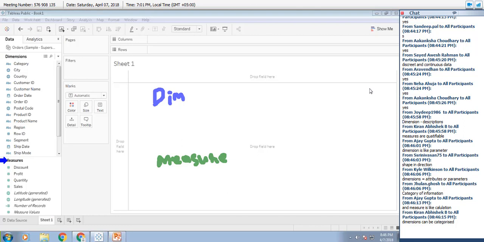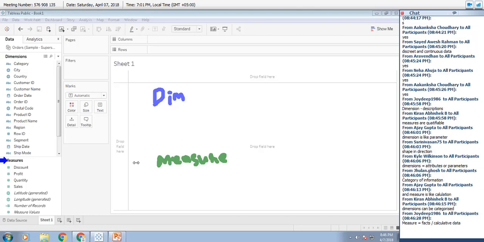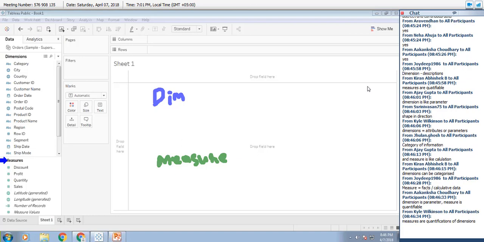So basically, what are dimensions? Dimensions are data which are categorical in nature, whereas measures are elements which are numeric in nature.